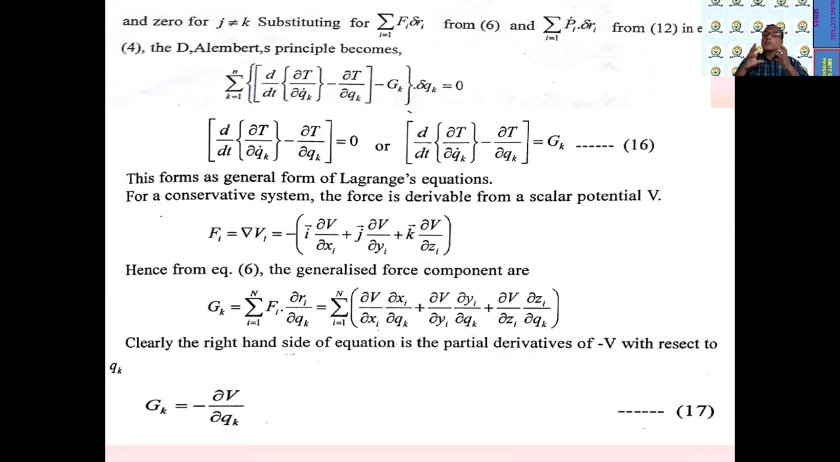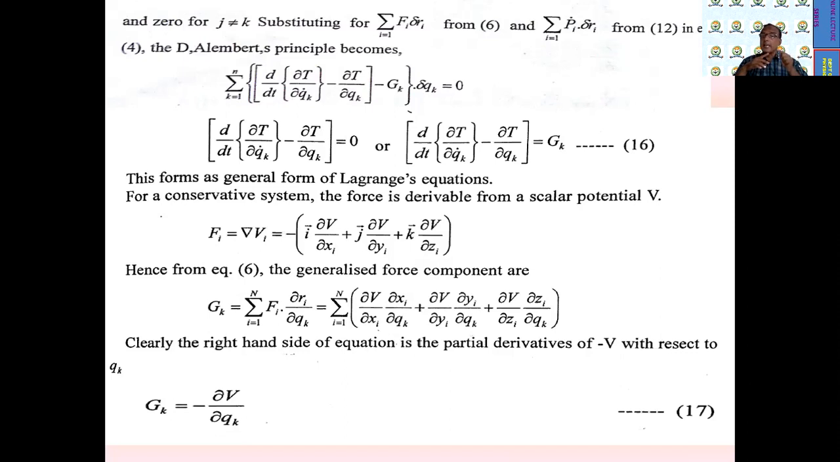But we know for the conservative system, the force is derivable from a scalar potential. That means we use the potential energy function, and therefore Fi equals minus delta Vi, that is the derivative of the potential energy. When we go to the vector quantity, where i, j, and k are the unit vectors, Fi = -∇Vi may be written as i ∂V/∂xi plus j ∂V/∂yi plus k ∂V/∂zi, and therefore in equation number 6, the generalized force components,